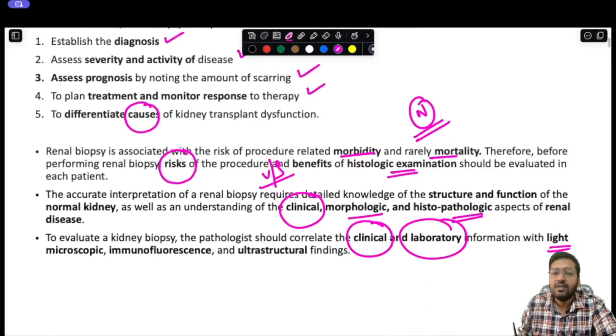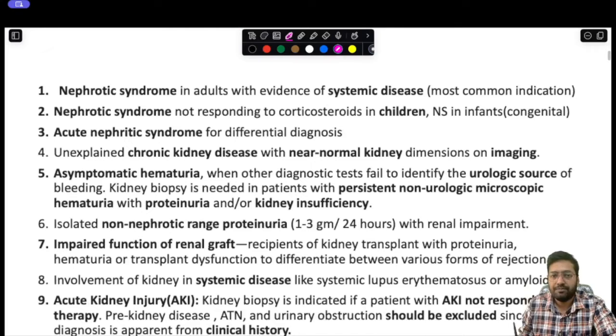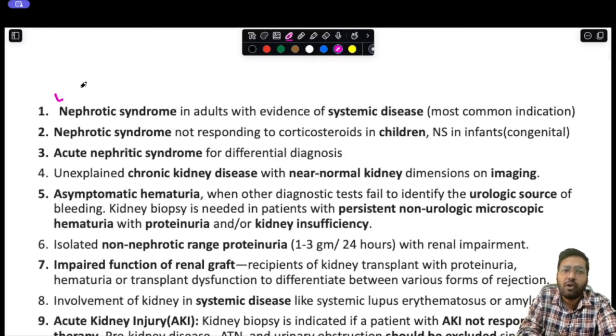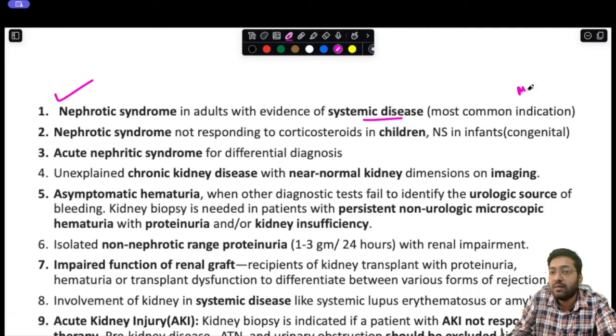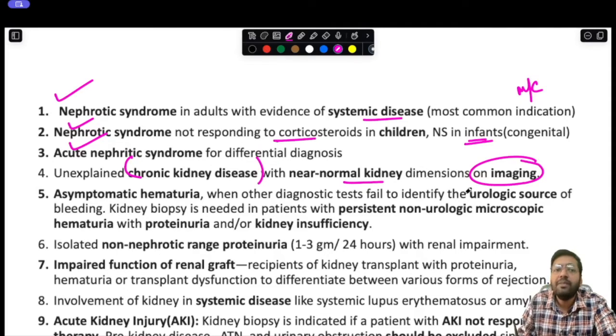Okay. So what are the indications of carrying out a renal biopsy? The first indication is nephrotic syndrome in adults with evidence of systemic disease, which also happens to be the most common indication, or nephrotic syndrome in children which is not responding to corticosteroids, or nephrotic syndrome in infants, that is congenital nephrotic syndrome. Acute nephritic syndrome for differential diagnosis, unexplained chronic kidney disease with near normal kidney dimensions on imaging,